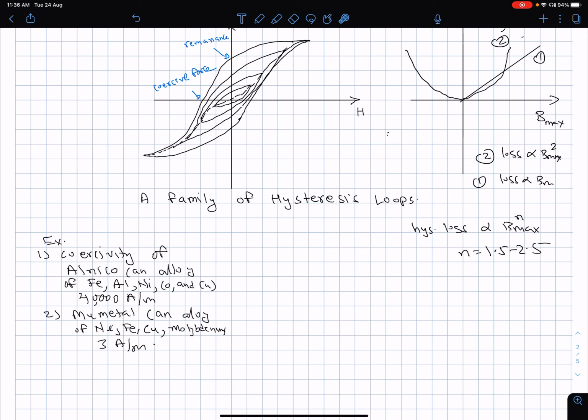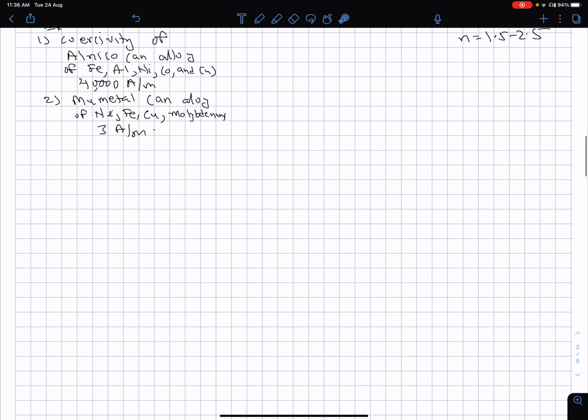In fact, this discussion can lead me to the design of permanent magnets, but I am not going to get into that. Suppose you are trying to design a permanent magnet, then obviously you want high coercivity. So this works out. On the other hand, suppose you want to cut down hysteresis loss, then low coercivity will be an advantage, because the width of the loop is reduced drastically. So in such an application, you would probably prefer mu metal over alnico.